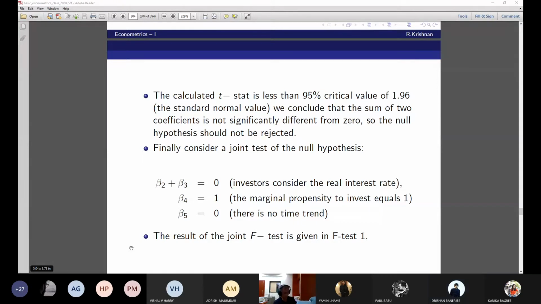4 is the numerator degrees of freedom for the F test. But when we come to this one, we get F3, 198. What's the difference? This is the unrestricted model. What is the unrestricted model? 1, 2, 3, 4, 5 minus 1. I think the constant has not been taken into account. No. What is the model that I'm investigating? Log I equal to beta 1.